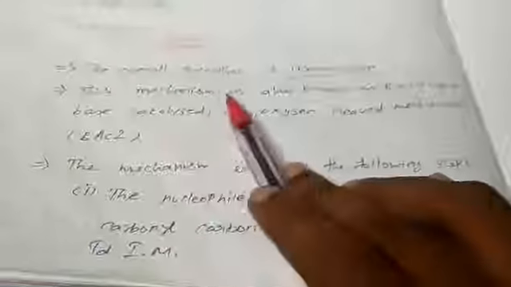So already you know that this mechanism is also known as bimolecular base catalyst acyl oxygen cleaved mechanism, that is BAC2. இப்போ நம்ம mechanism பார்க்கலாம். So only it is a two-step mechanism தான். So in the first step, the nucleophile. What is nucleophile? Here OH minus is act as a nucleophile. So you take base means it produce OH minus. So this act as a nucleophile. This attacks this carbonyl carbon.